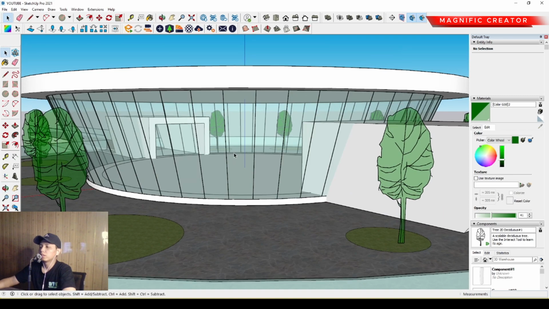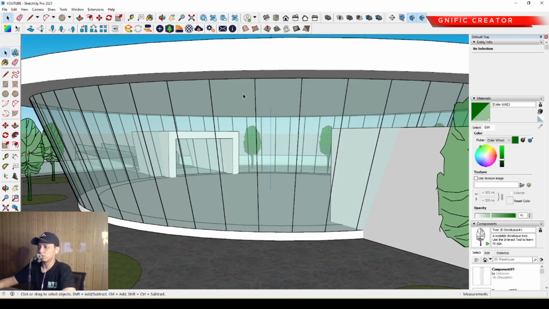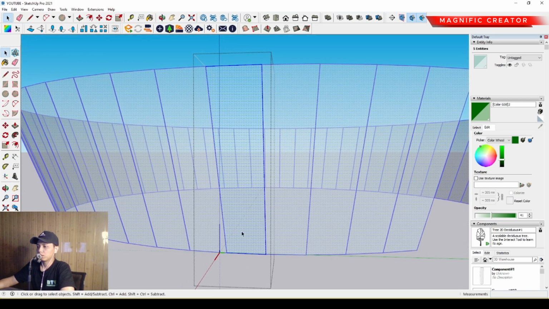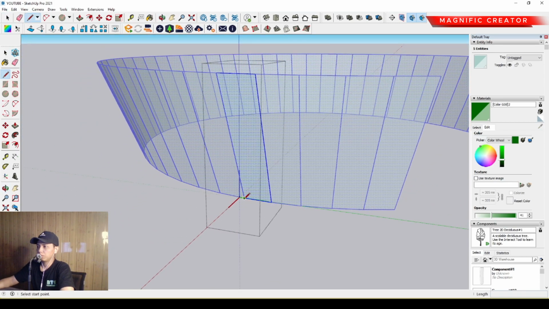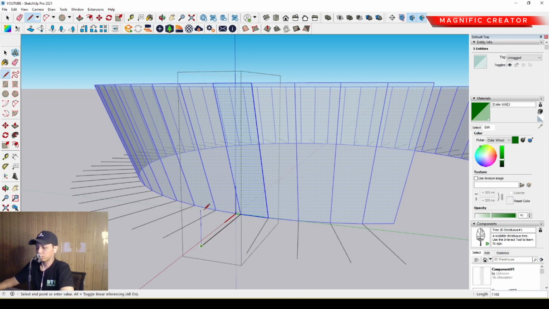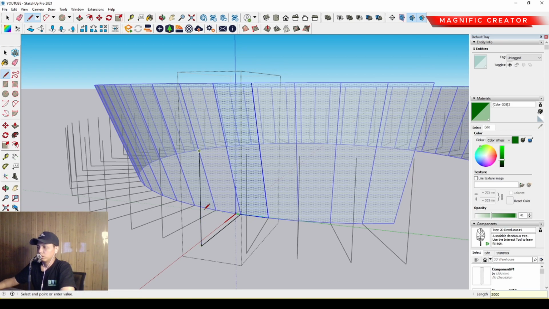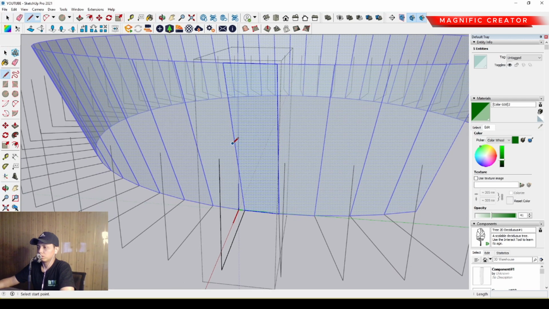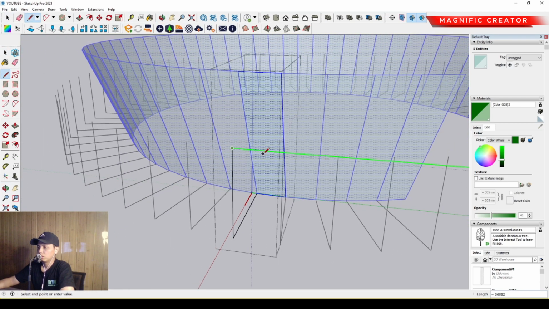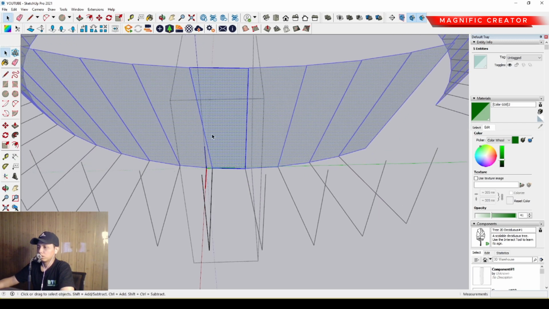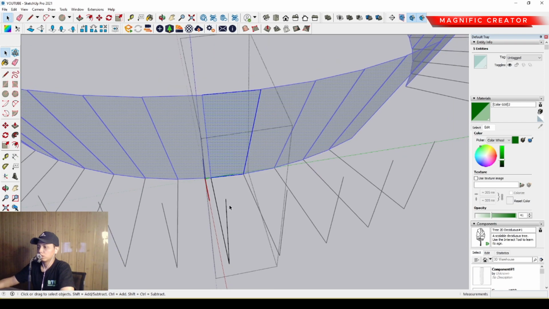Okay, and after that we can make the improvement of the glass window panel. We can make the improvement that we can set the height. Maybe we can set the height of it around 3 meters. So we can set the height of the